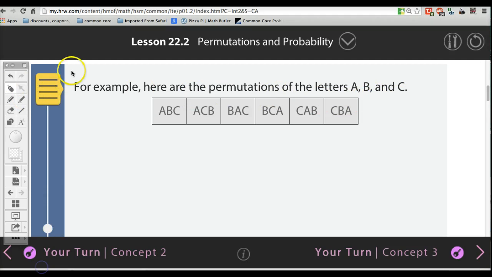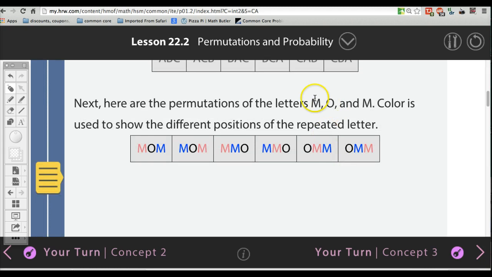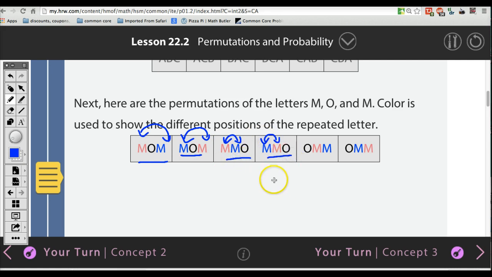Then you scroll down. And next here are permutations for M, O, and M. So look, some of them are repeating, so it's kind of weird. This pink M and this blue M, we switched it around, right? You can see this M and this M are 2 different M's, and they switched the order around. But when you look at it, it still spells mom. What about these 2 M's? We switched it around, but they still spell what? Mo. And what about these 2 M's? We switched them. Okay, we actually moved them, but it still spells like